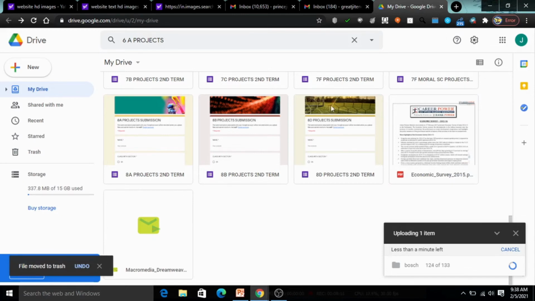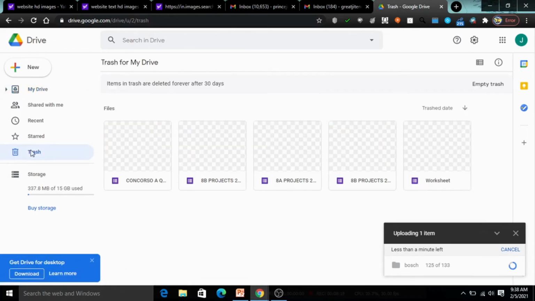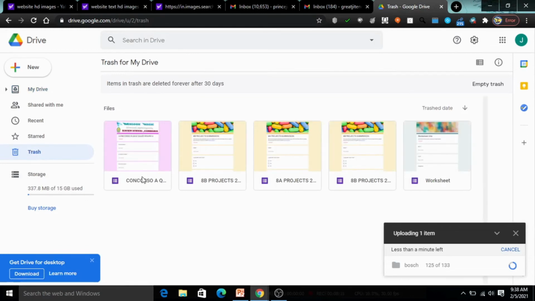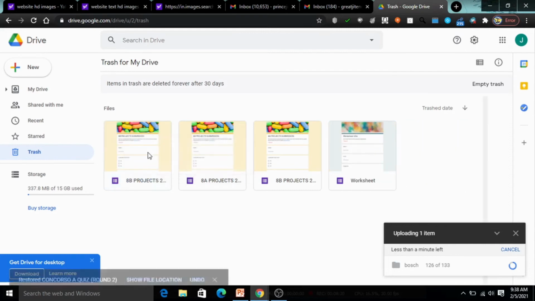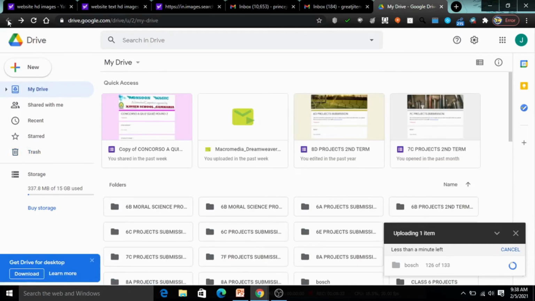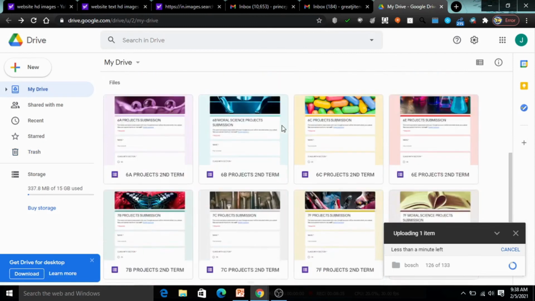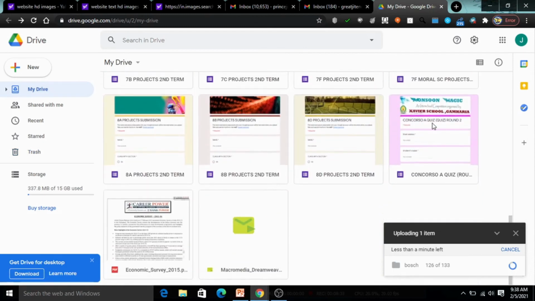Now all the deleted files move to the trash bin, as in mails or on a phone, whatever the deleted files move to the bin. Now you can see here I have this file. If I want to recover this file, I'll right click on it and click on the restore button. When I click on this restore button, I can see that the file is again present in my Google Drive. So this was about deleting a file and restoring a file or folder.